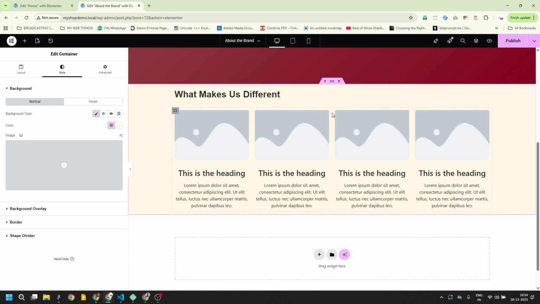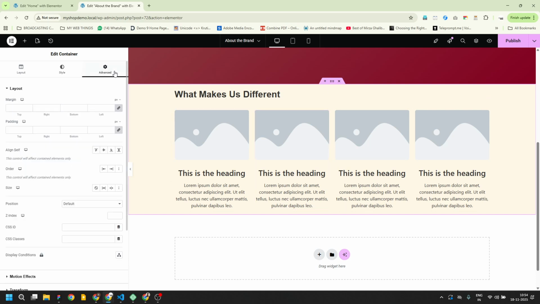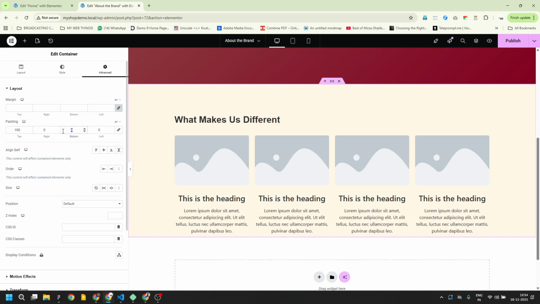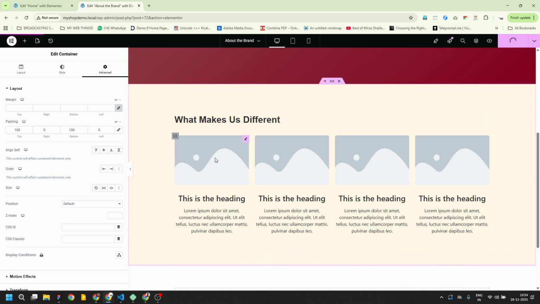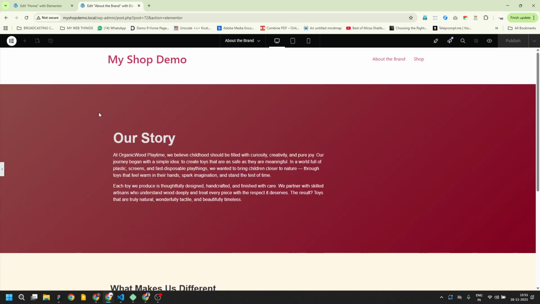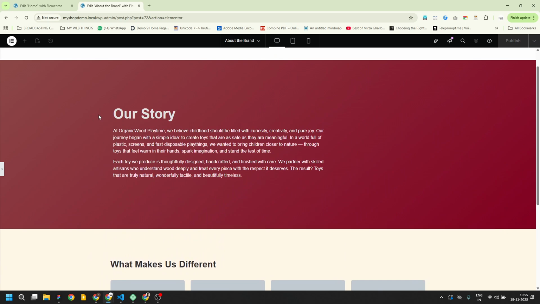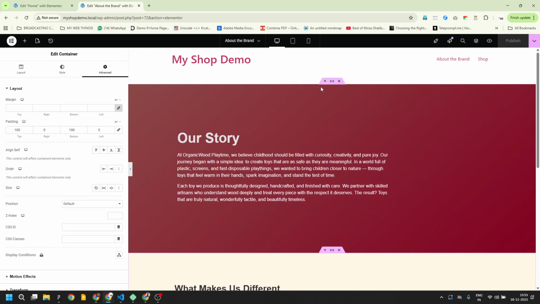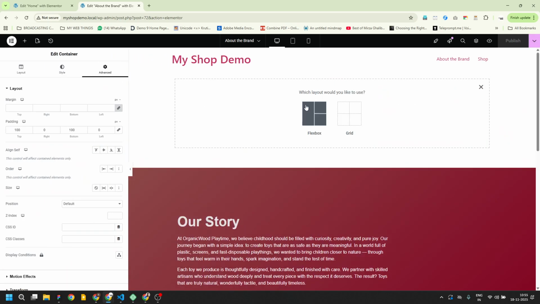Okay, we want some padding also at the top, at the bottom. So I'll first unlink all the values of padding and just add 100 pixels on the top, 100 pixels on the bottom to give it more space. Okay, clear? Let me publish this and let's have a look at this. Looks okay. We need a hero image, so let me add a section